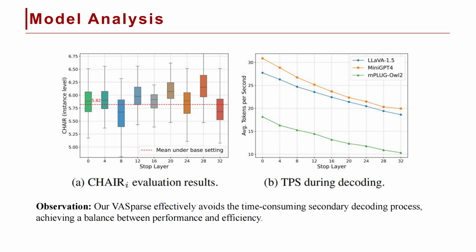Finally, let's talk about efficiency. By stopping at layer 0 for contrastive logits, we avoid full-ray decoding. This balances speed and performance, achieving 27.7 tokens per second with minimal hallucination. Compare this to HALC's 2.15 TPS, and the advantage of our approach is clear. We achieve high efficiency without compromising accuracy.